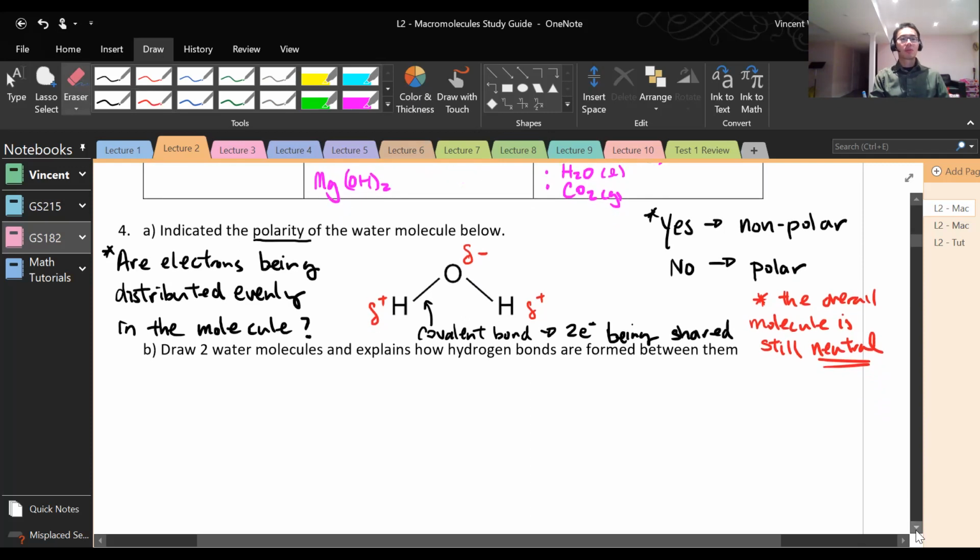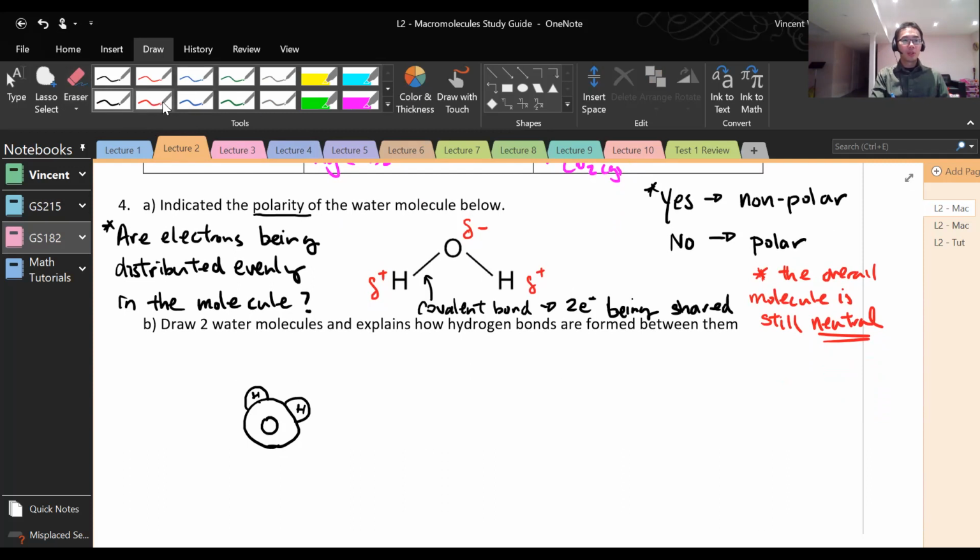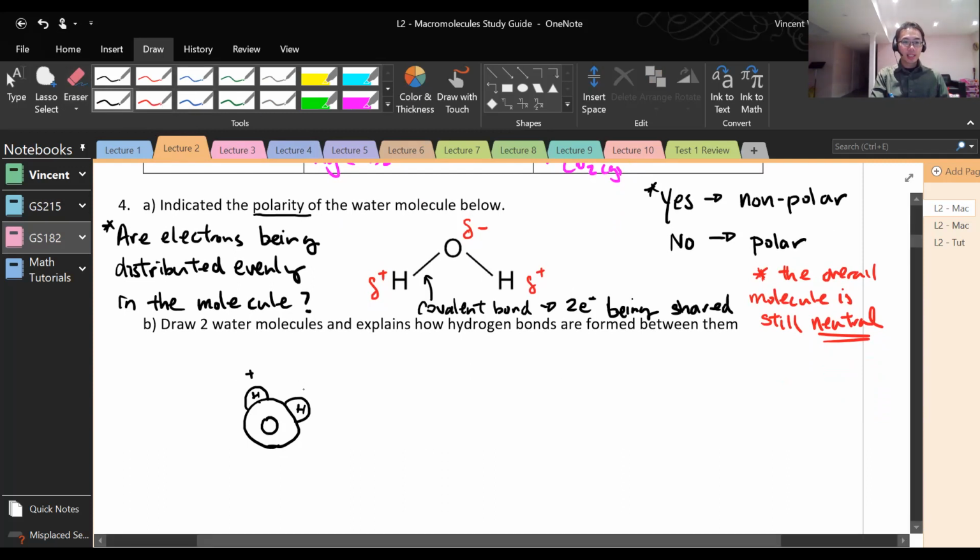So what? So what if water molecule is polar? Well, let's draw two water molecules together. Okay, so there is a water molecule. You can draw them using these space fill models. That's what they're called. Looks like Mickey Mouse. We have the hydrogen here, and then we have the oxygen here. Because of what I told you, you will know that the hydrogen is slightly positive and the oxygen is slightly negative. So if I have another water molecule, another Mickey Mouse here,